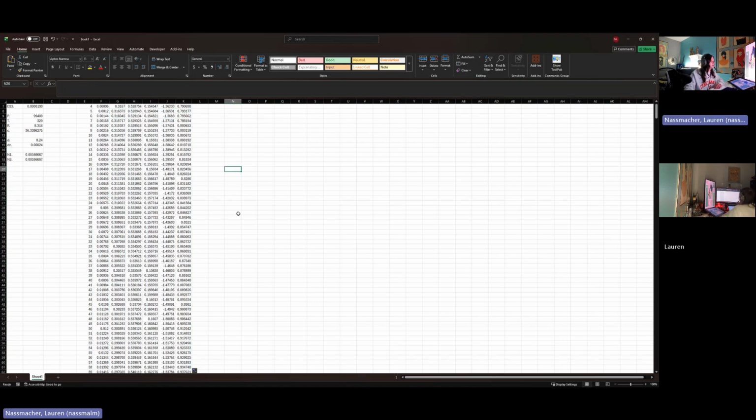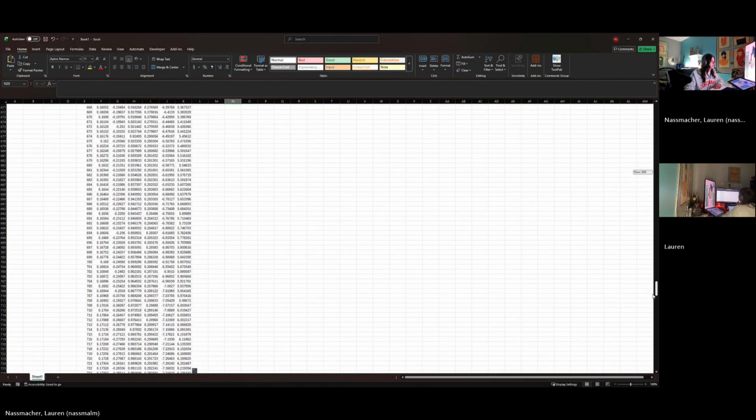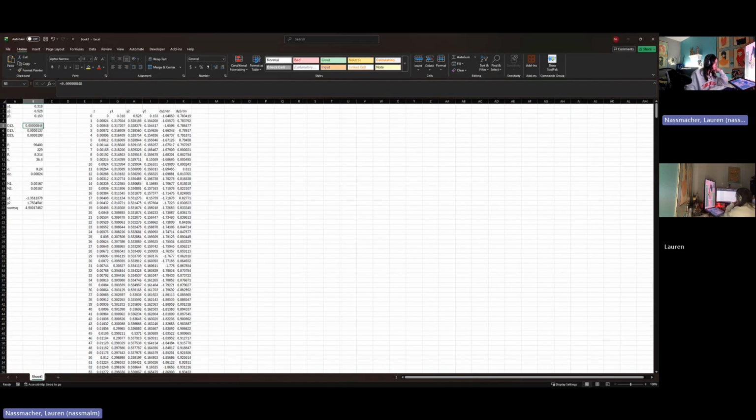Look at that. That's beautiful. Let's scroll all the way down. Bam. So I actually messed up a little. I put the diffusion coefficient as a different number than this. And I changed that, and now all these numbers should be correct. But if we scroll all the way down